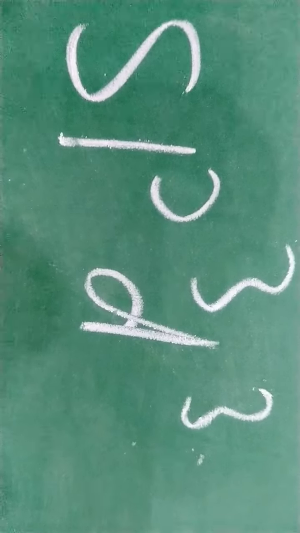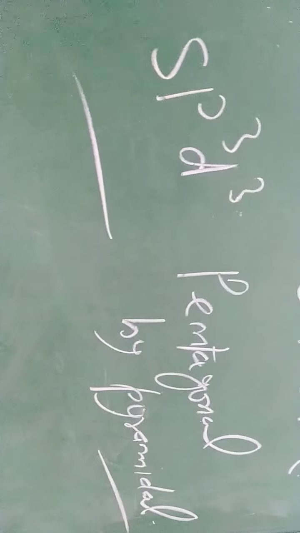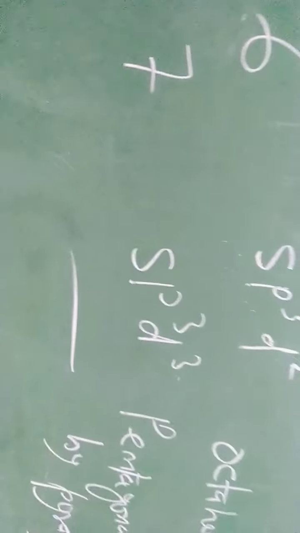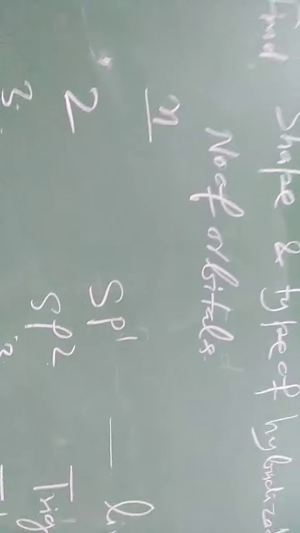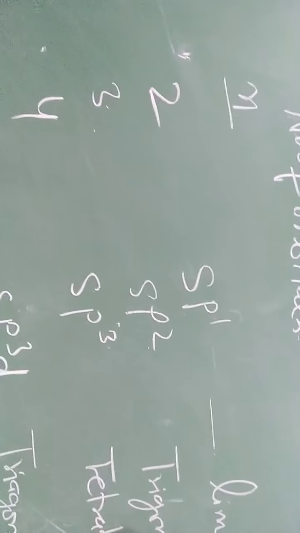Now in the case of n is equal to 7, in that case sp3d3, 7 hybridized orbitals, and the structure is pentagonal bipyramidal. Here there is a pentagon with a bipyramidal structure up and down. Okay, so in this way this is the structure and type of hybridization when we are given n.